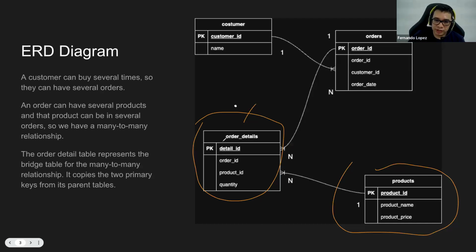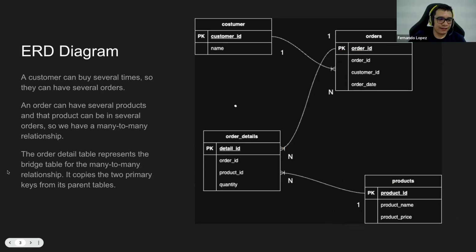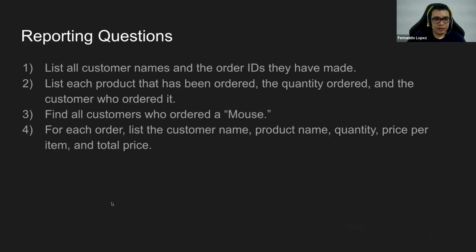So we need to join this table with this one and with this one and with this one, right? Let's see if these are necessary. Let's go back to the definition of the problem. List all the products that have been ordered, the quantity, and the customer. So we need to understand who is ordering the product. Okay, so it's very important that we join the 4 tables. Because if you want to access the person who is ordering that product, you need to join with the order, and last with the customer. It's like a cascade there.